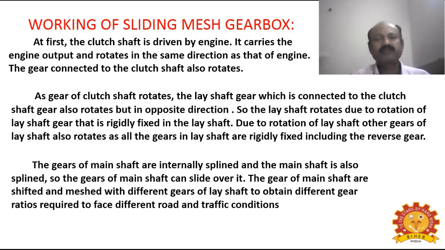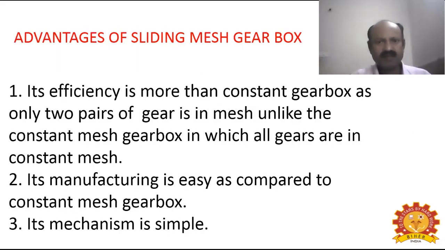Due to rotation of lay shaft, other gears of the lay shaft also rotate, as all the gears in the lay shaft are rigidly fixed, including the reverse gear. The gears of the main shaft are internally splined, and the main shaft is also splined so that gears of the main shaft can slide over it. The gears of main shaft are shifted and meshed with the different gears of lay shaft to obtain different gear ratios required to face the different road and traffic conditions. For example, you see here,